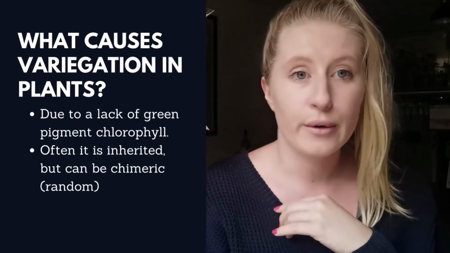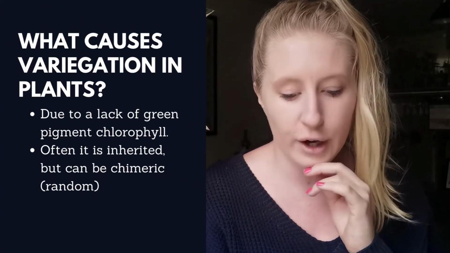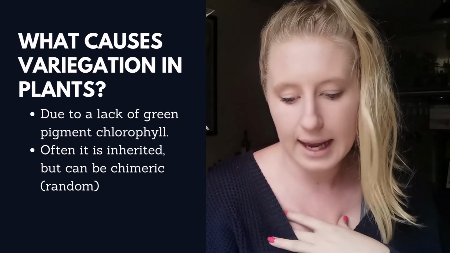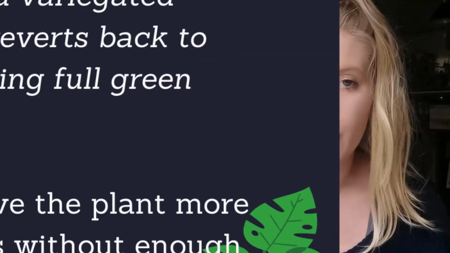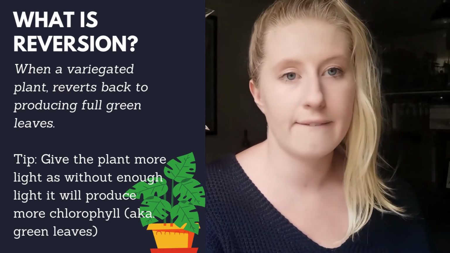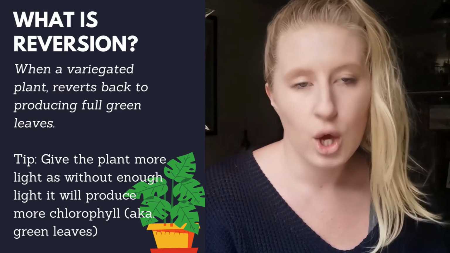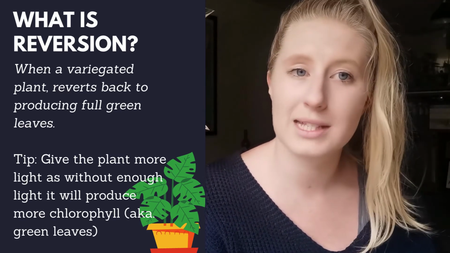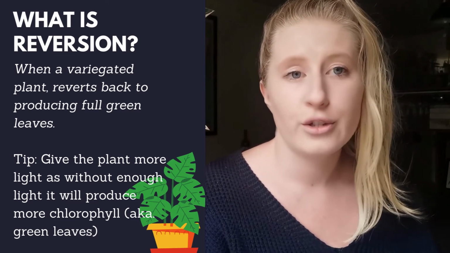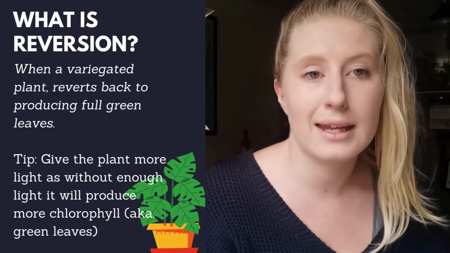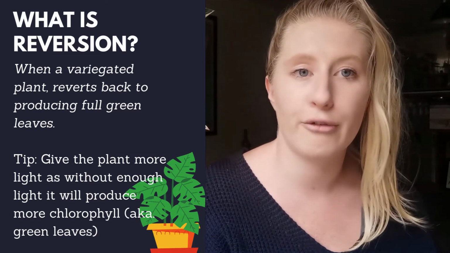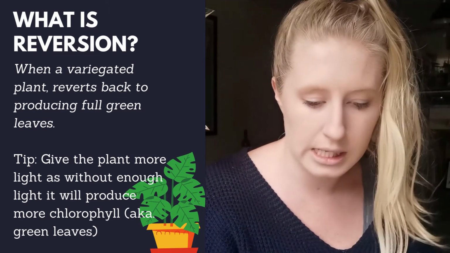I don't really know too much about the science of it, but a little Google for you guys says that variegation in leaf colour occurs because of a lack of the green pigment chlorophyll in some of the plant cells. And to be aware of as well is that some plants with variegation can revert, which just means that the plant no longer puts out variegated leaves. So if a plant is putting out white and green leaves and then it suddenly starts putting out full green leaves, that is reverted.